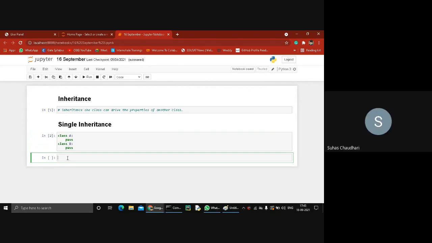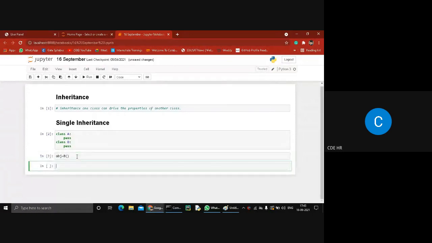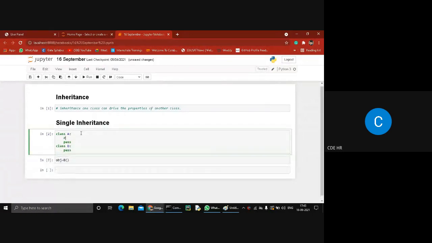Class A? No. At that time we have to create the object of class B, because B contains all the properties of A as well as all its own properties. Right or not? Right. So object is equal to B. This is the syntax.